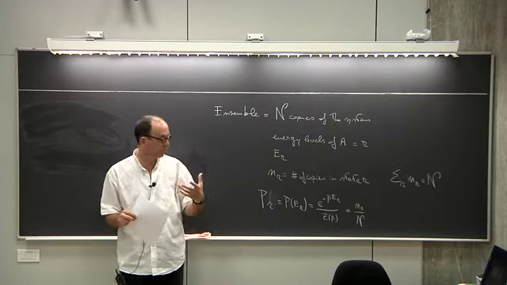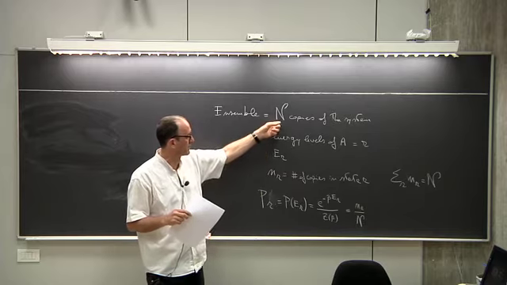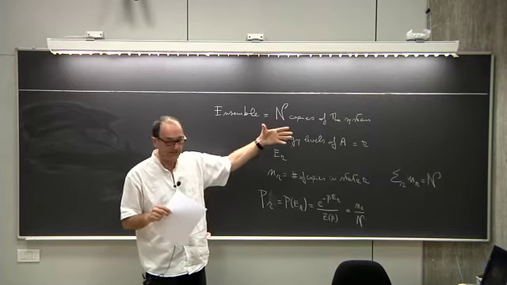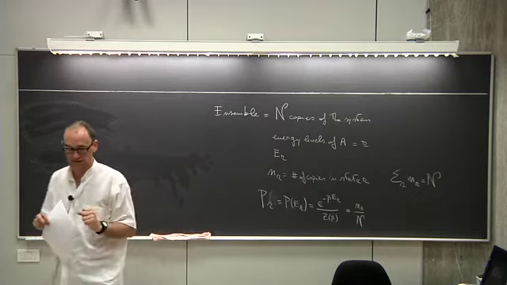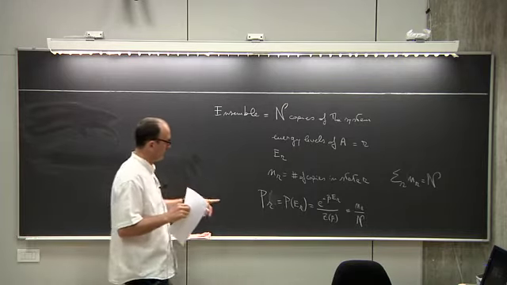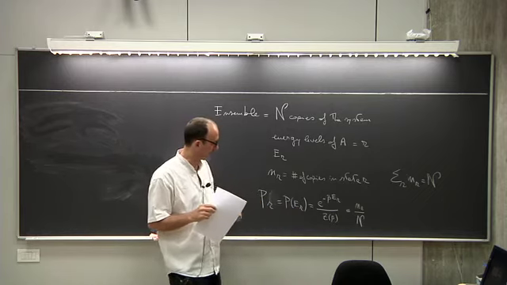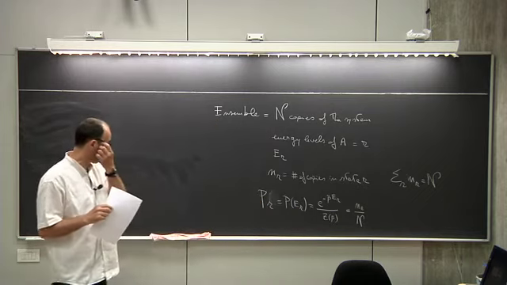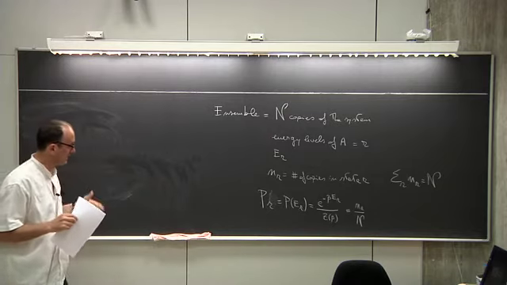And we are going to argue about what is the fraction of these copies of the system in the ensemble which will be in any particular state. And so, if I want to compute this probability, of course